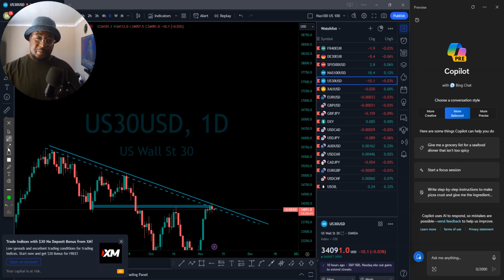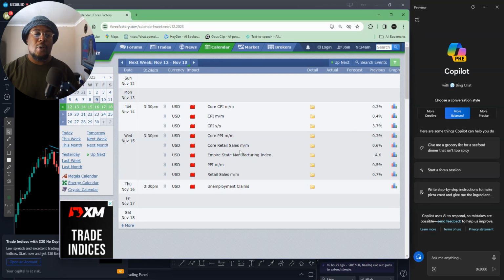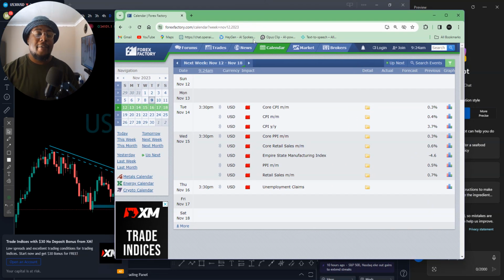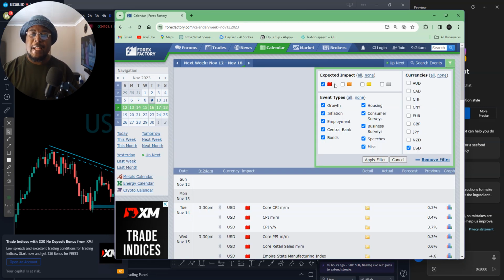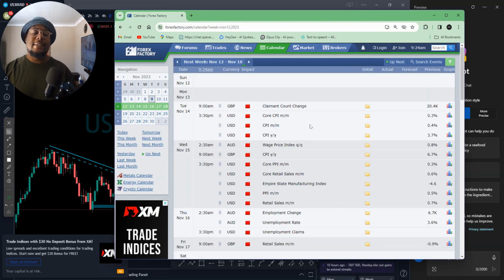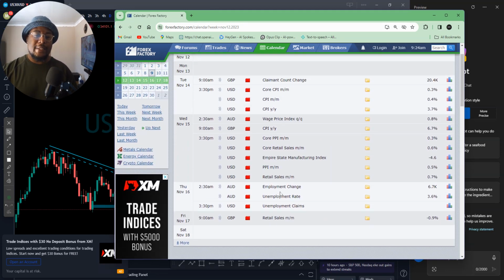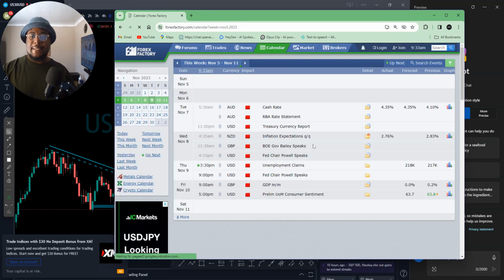The economic calendar that we're going to use is called Forex Factory. On Forex Factory, we just make sure that we highlight the high impact news only, and then you can choose the countries. Let me just choose the major economies here, and I'm going to choose high impact news. So this is going to be the economic news that we're going to get. We're going to talk about CPIs, retail sales, interest rates, but today we're going to talk about unemployment